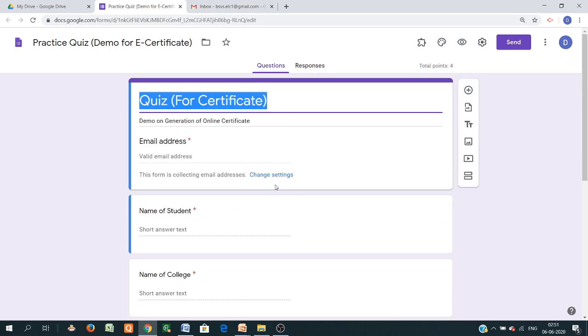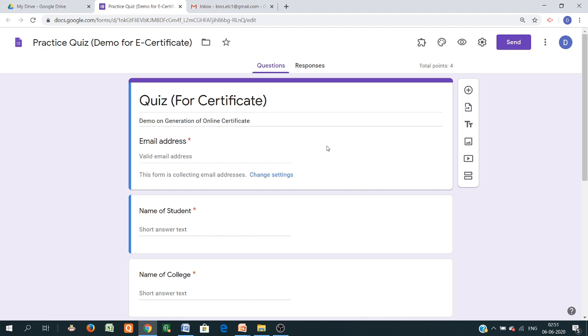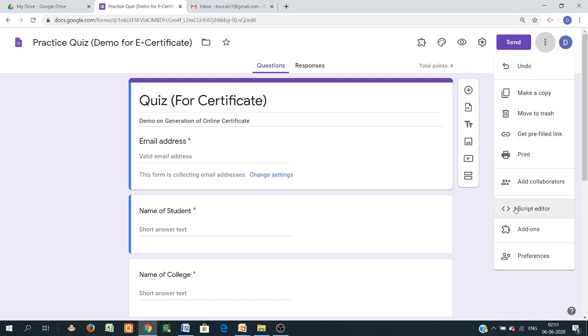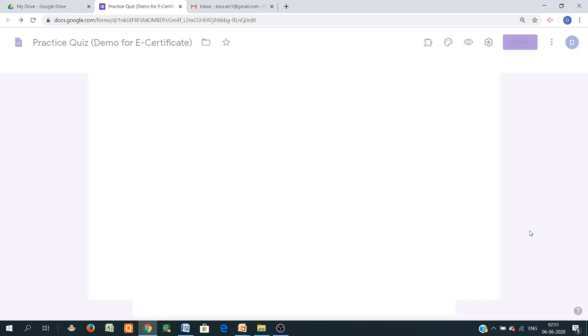Now our next aim is to generate the online certificate by using this Google Form and the Certify Me add-on. For that, first you just go and install the Certify Me add-on. So click on this More option here. There are three dots given. Just click on the More option, and this is called Add-ons. This is the symbol of add-on. Just click here,